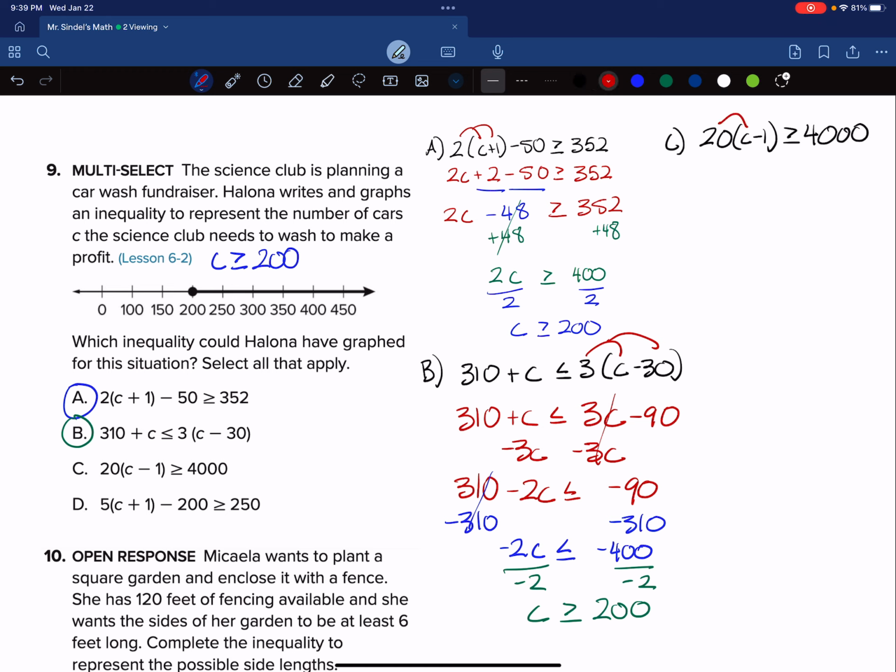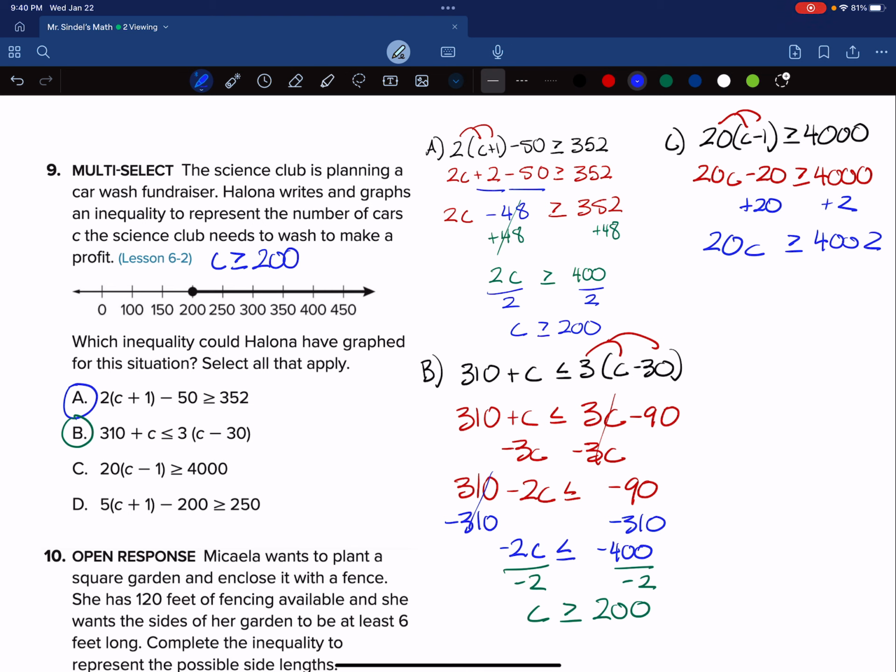So distribute the 20. 20 times C is 20C. 20 times a negative 1 is negative 20. Rewrite the rest of the inequality, greater than or equal to 4,000. From here, I noticed that the left-hand side has a variable, the right-hand side does not, which means left side is for variables, right side is for constants. Let's move the 20 over to the right side by adding 20 to both sides. Add 20, and I get 20C is greater than or equal to